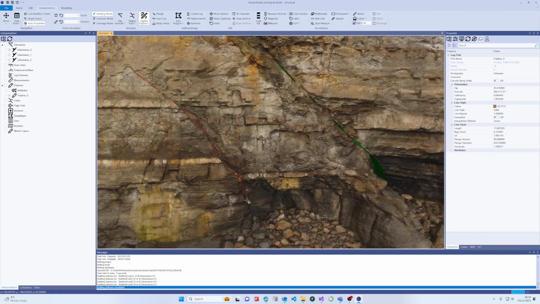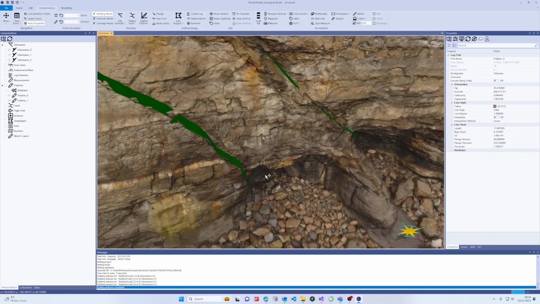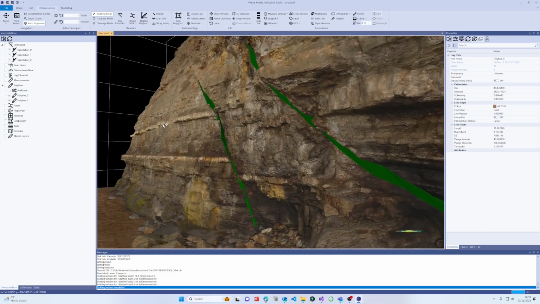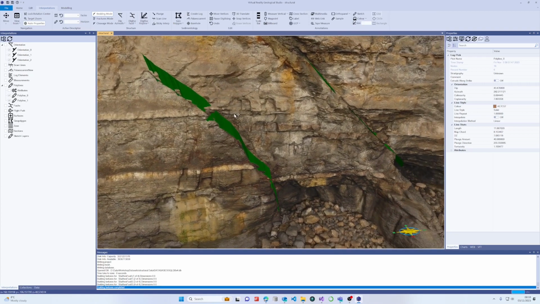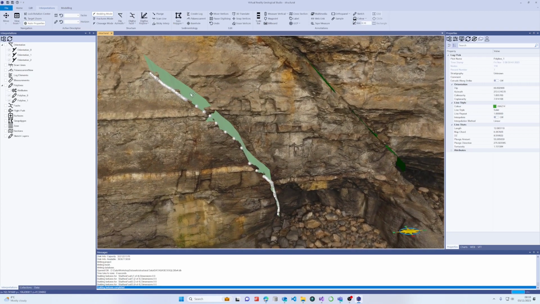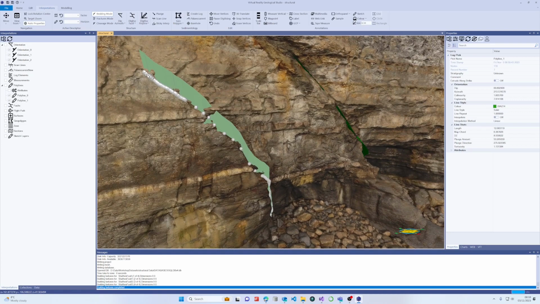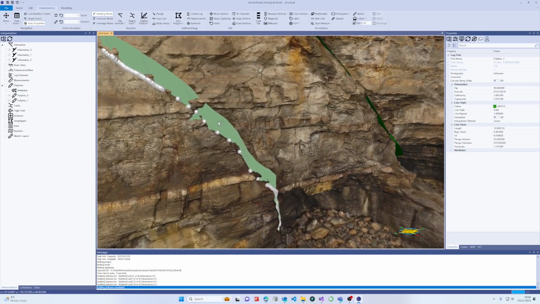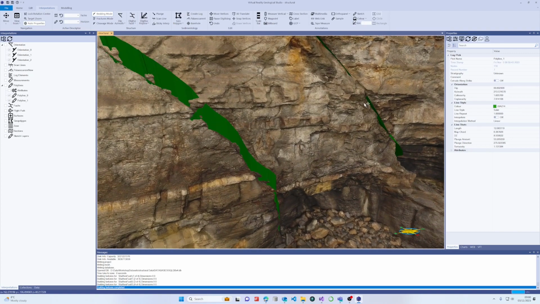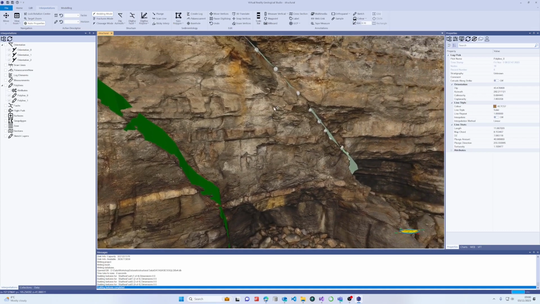Can drag down there, double click to finish. And here's an example where it's probably not giving us a particularly good representation of the true strike or the true orientation of the fault, because it's being dominated by the shape of the outcrop itself. We might decide that we want to assign this the same orientation as this fault here. So if I go back to this polyline,